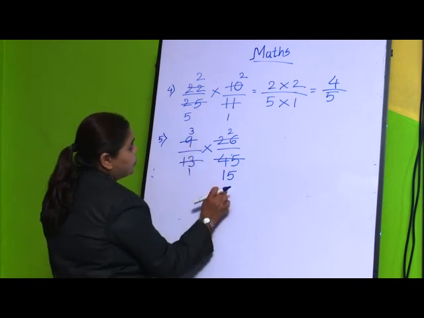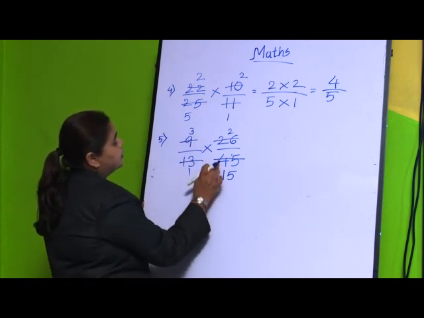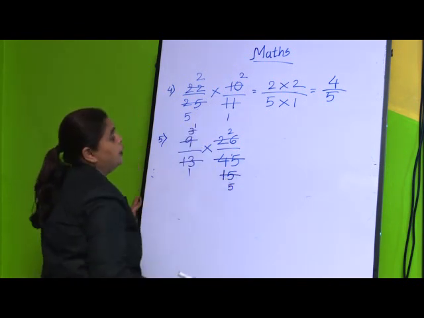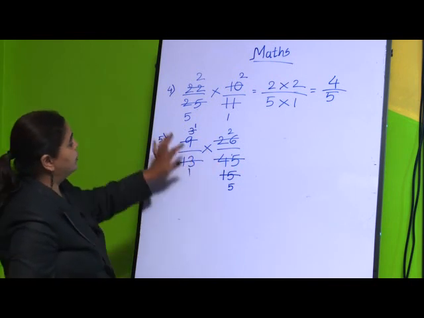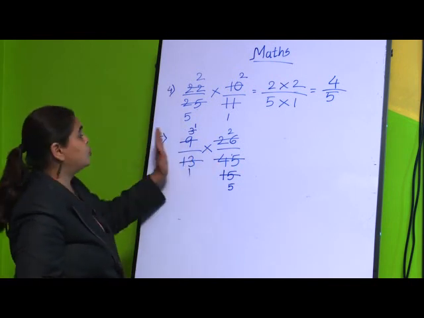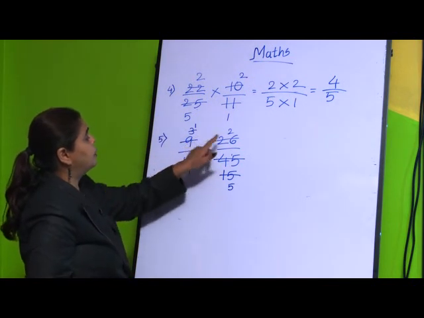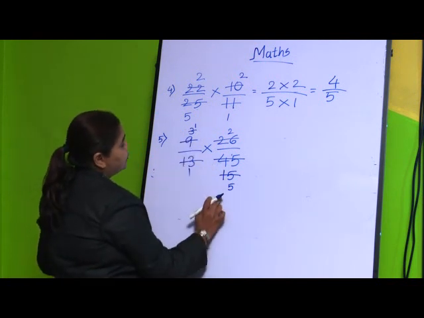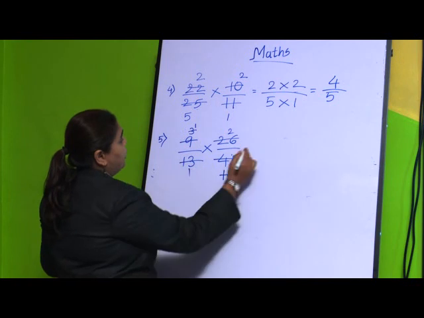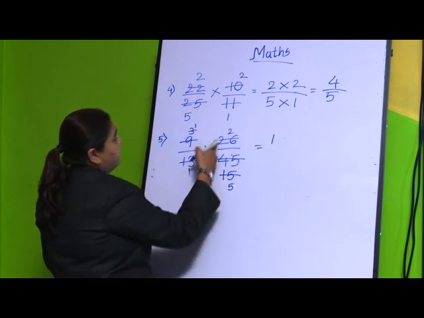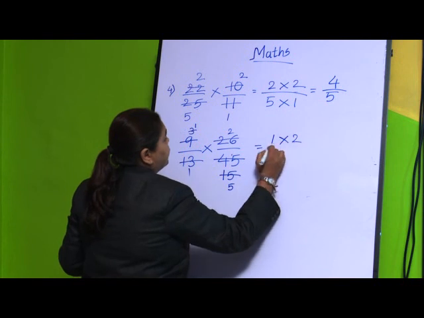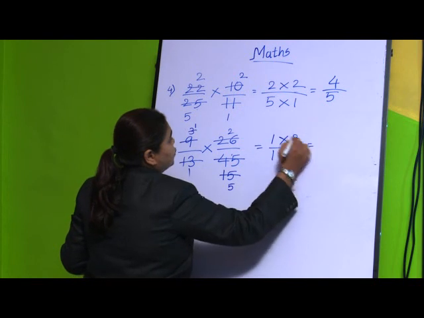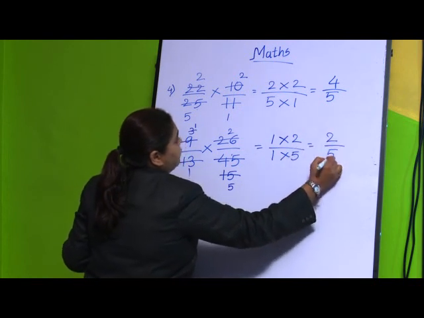Again we can reduce to the lowest term if you don't want to go for a direct large number. I am showing you here, 3 1s are 3, 3 5s are 15. You should write one below the other, one above the other. You should not write it anywhere nearby, or it will not give a correct answer. So here we had reduced to the lowest term, now it is not possible anywhere. So we will write here 1 multiplied by 2, and 1 multiplied by 5. 2 1s are 2 and 5 1s are 5.